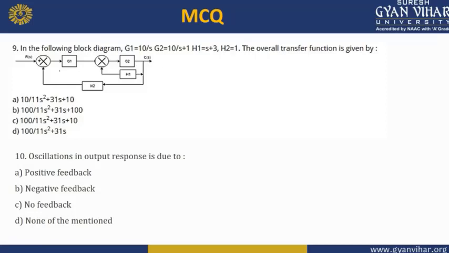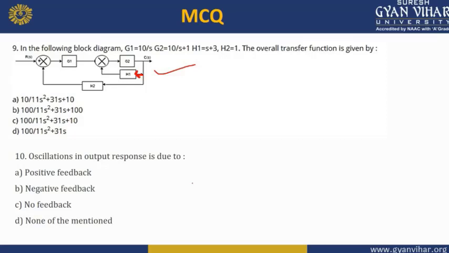The overall transfer function has to be identified. So you have to use the block diagram reduction technique in this. First of all, what will you do? You will solve this smaller loop. I think there is one mistake in this question. The arrow will be this way. Okay, this will be a feedback path, so the arrow will be this way. Consider it this way. Now look at this. You have to apply the block diagram reduction technique in this and identify the overall transfer function.